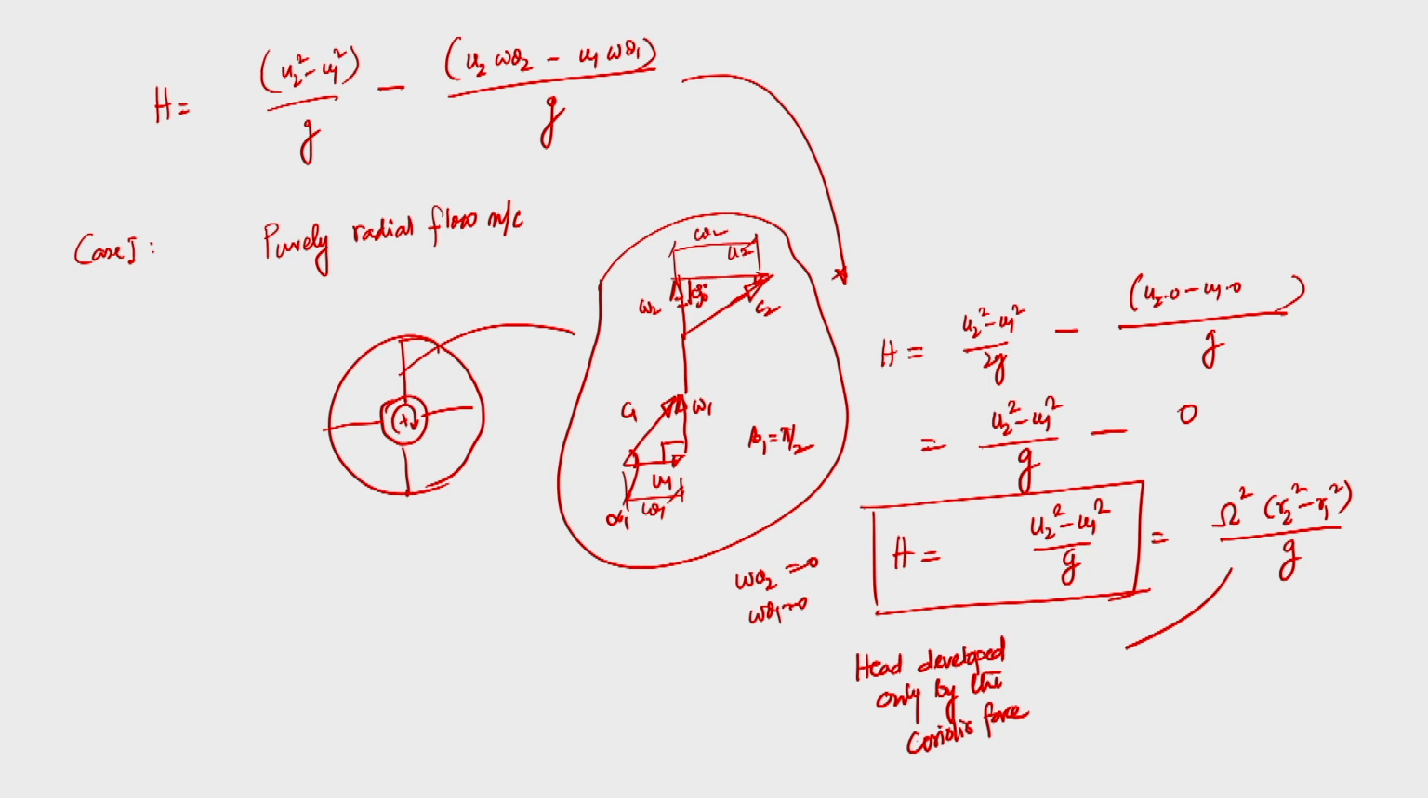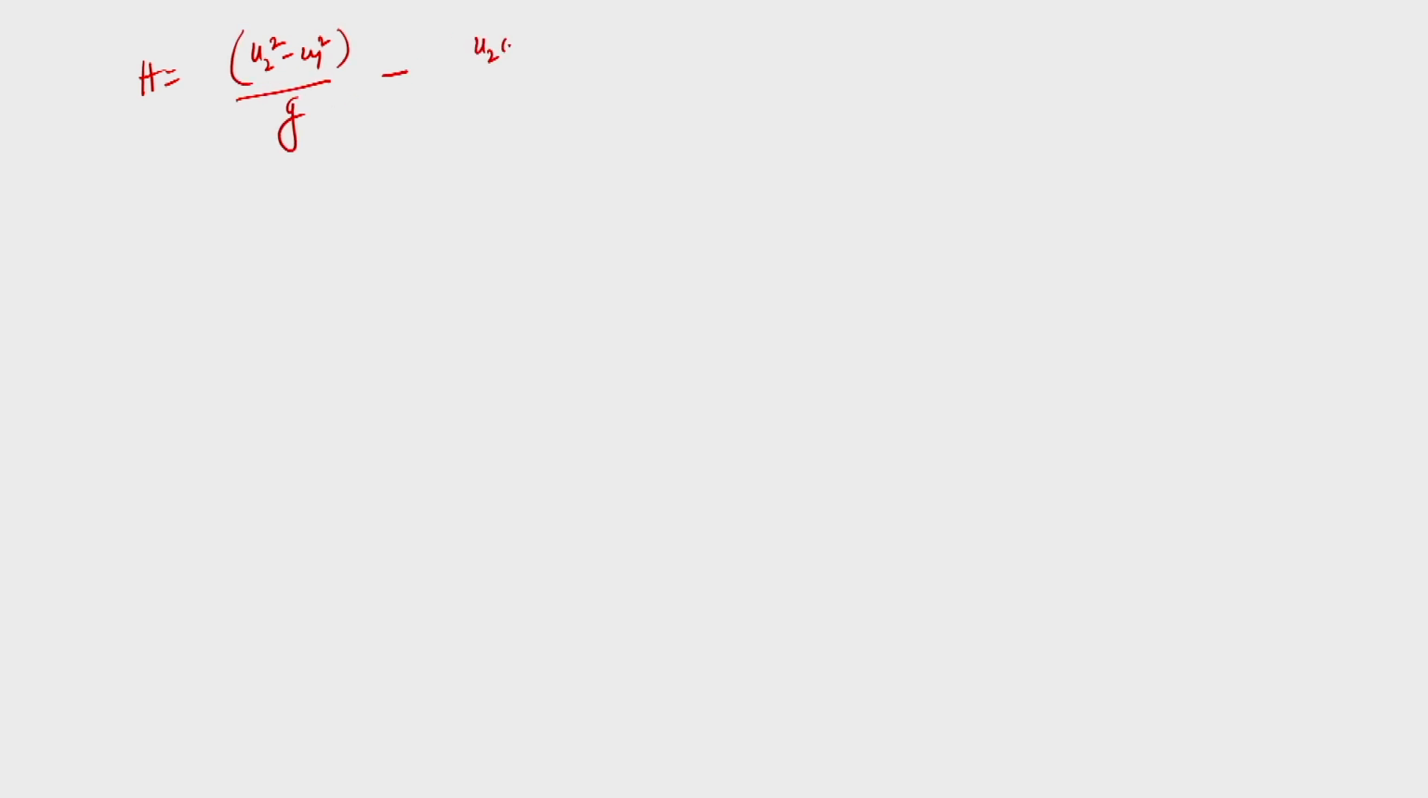Even if it is not a purely radial flow machine, suppose now I take an example of an axial flow machine. If I write the expression again, head developed by the pump is equal to (U2 square minus U1 square) divided by G minus (U2 W theta 2 minus U1 W theta 1) divided by G, right. Now, if it is a purely axial flow machine and no swirl at the inlet,